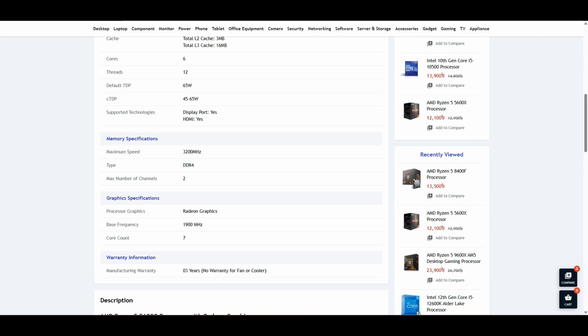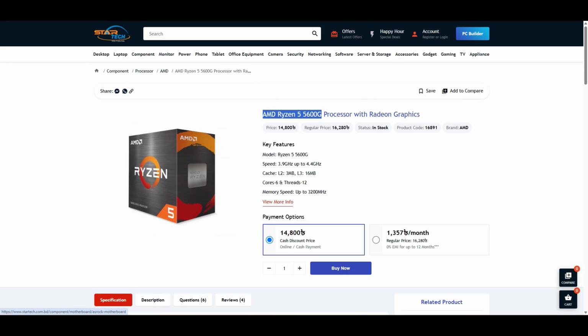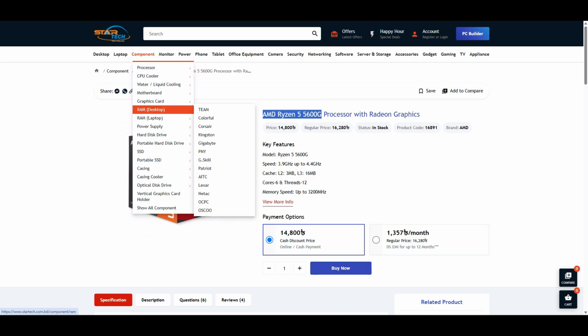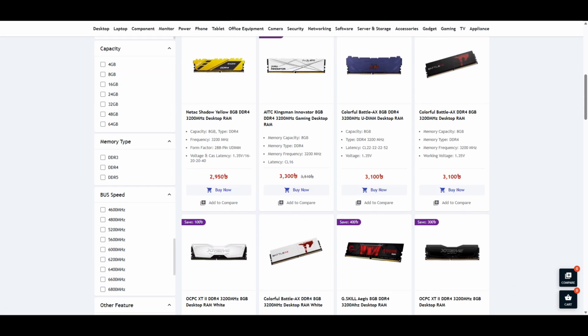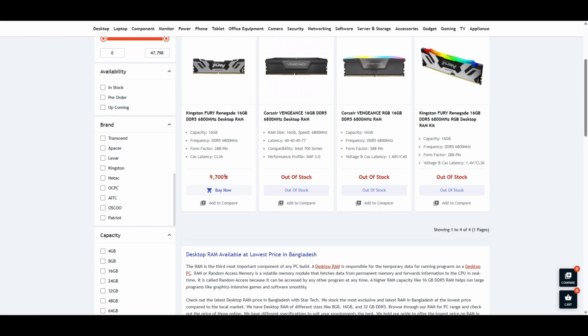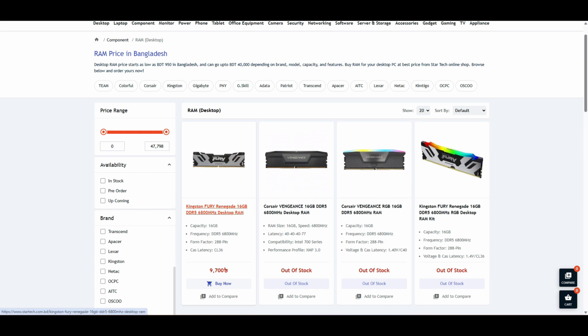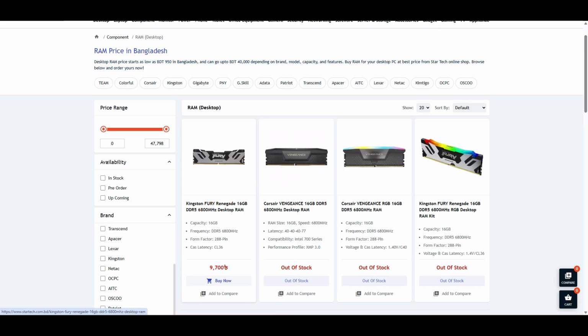A lot of these generations have already passed, so there are multiple revisions. For example, if you buy 6800 megahertz RAM, and if your